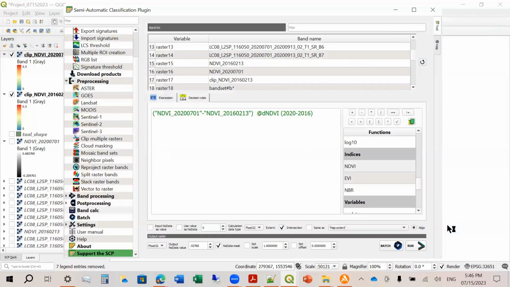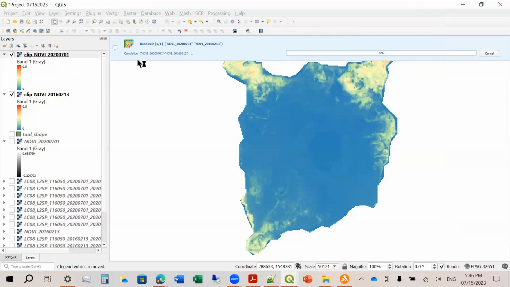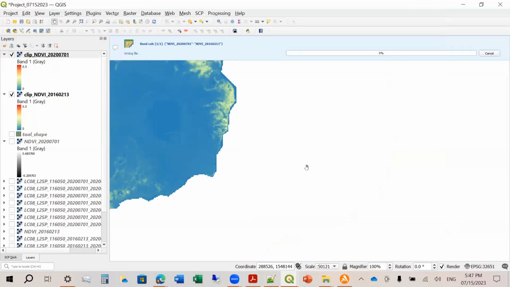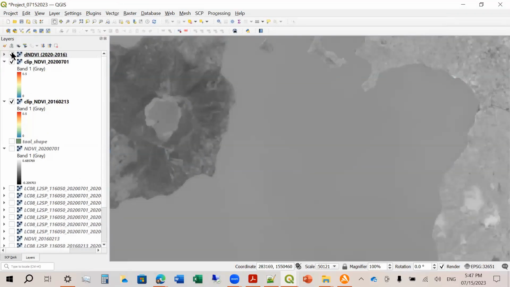Then select folder. Then here, what I'm doing is I'm creating another layer wherein the pixel values would be the difference between the two images. Okay, so that we will know which parts have increased NDVI and which parts have decreased NDVI and which parts do not have much difference.